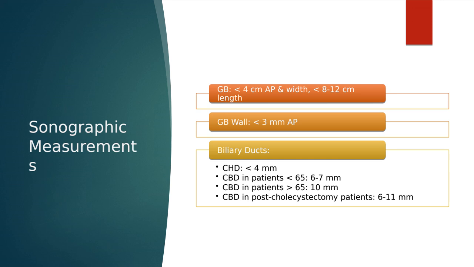Our biliary ducts, if we see anything other than the common bile duct, we already know that it's abnormal. So if we see the cystic duct, we shouldn't, abnormal. If we see the common hepatic duct, we shouldn't, abnormal. If we see a common bile duct,